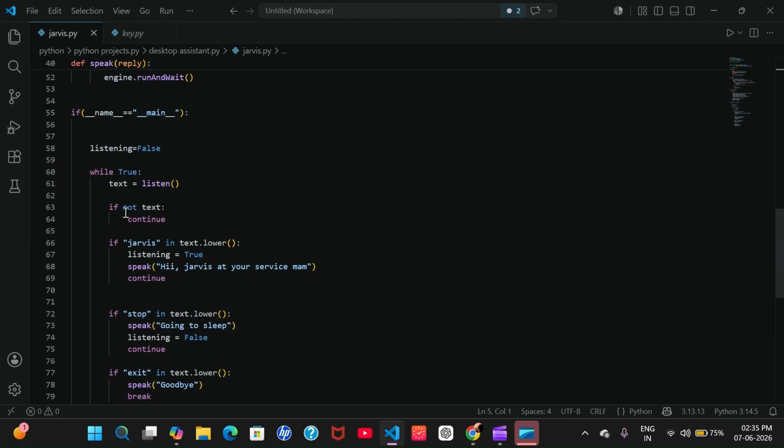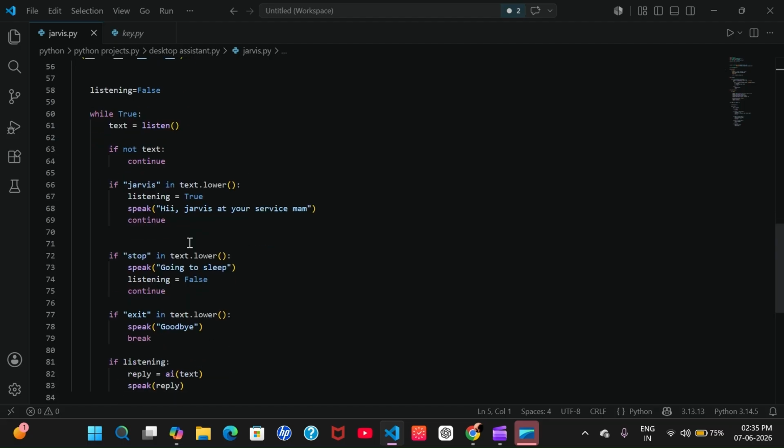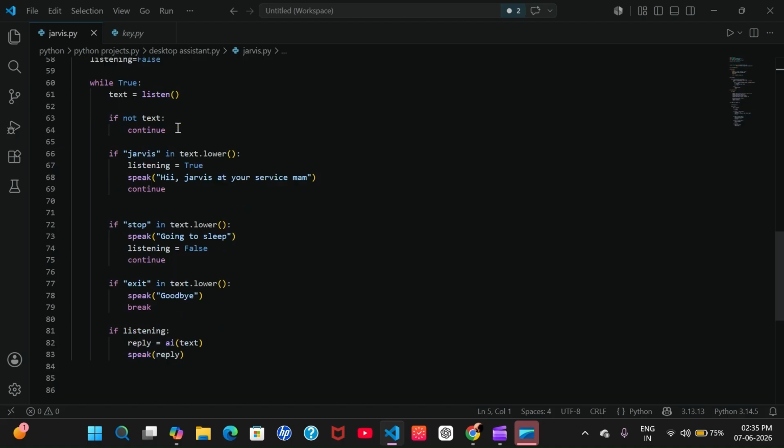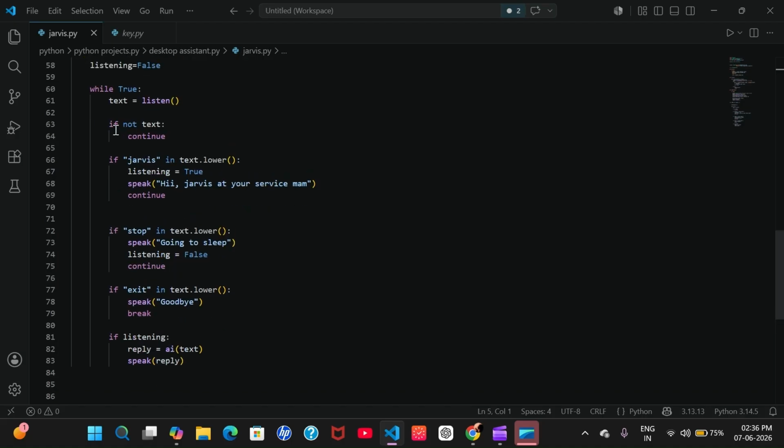If not text, it means if there is some error in the text, it will continue, meaning it will skip all the statements, skip that loop, and continue with the next iteration. When the next iteration occurs, again it will listen and convert it to text. Now I will explain how listen works, but understand it like this: listen is like ears and speak is like mouth. Now, if not text, continue.